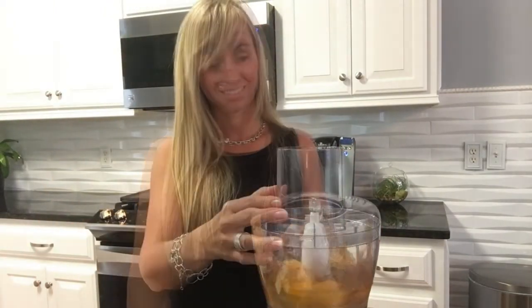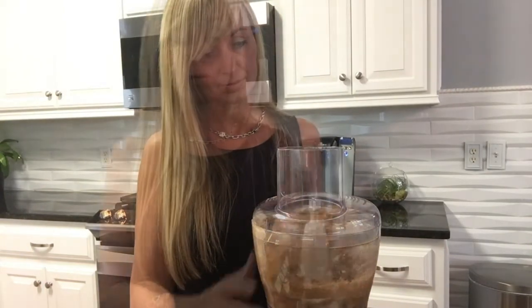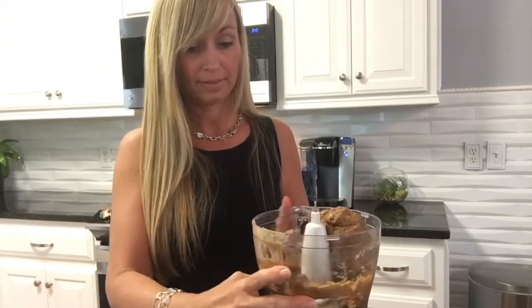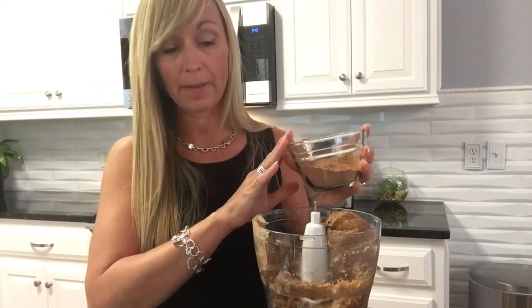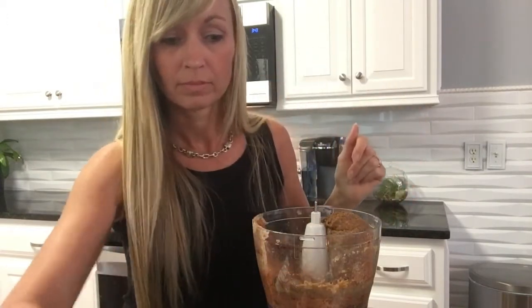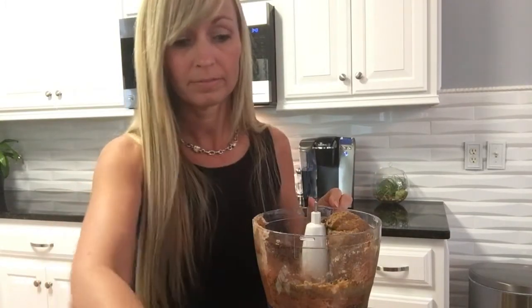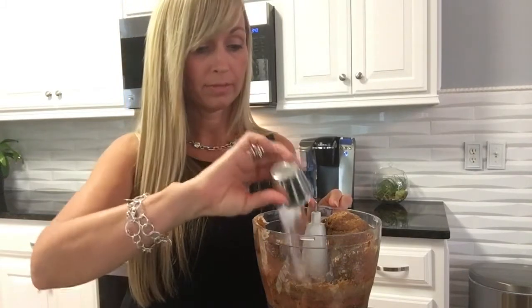And I'm gonna mix this around until it's incorporated. I don't know if you noticed, it got very chunky and clumpy. Now we're going to add the rest of our dry ingredients. I have a half a cup of organic raw cacao powder. I have a half a teaspoon of Himalayan salt, 1 teaspoon of baking soda,